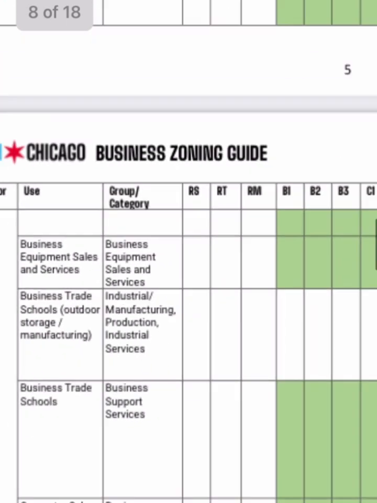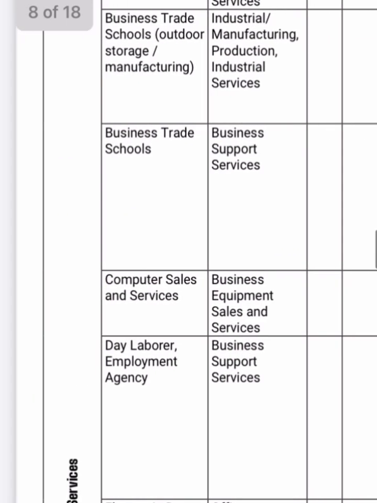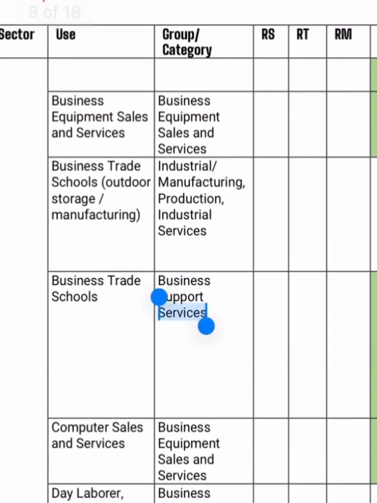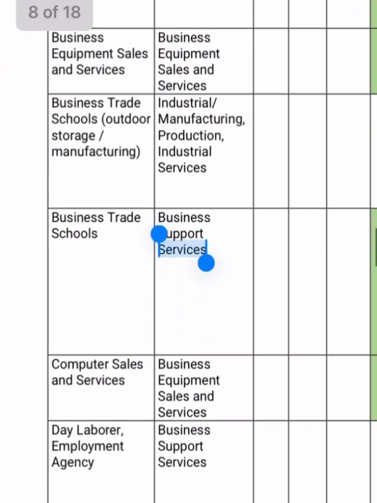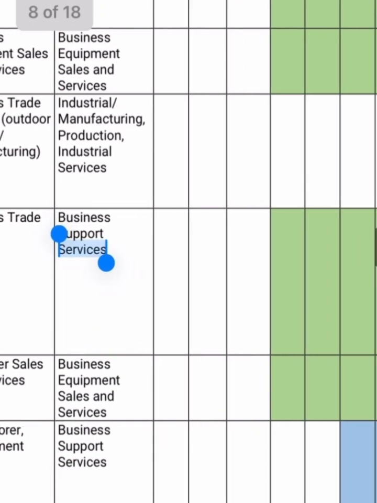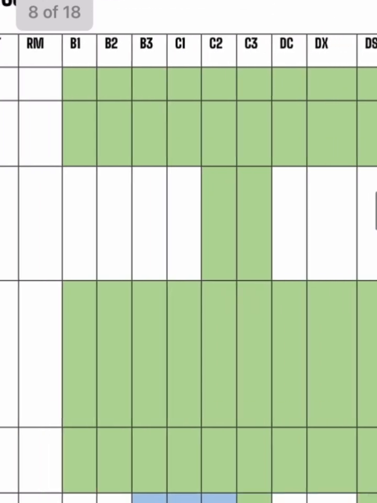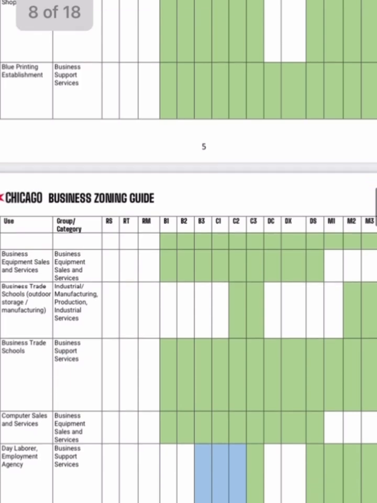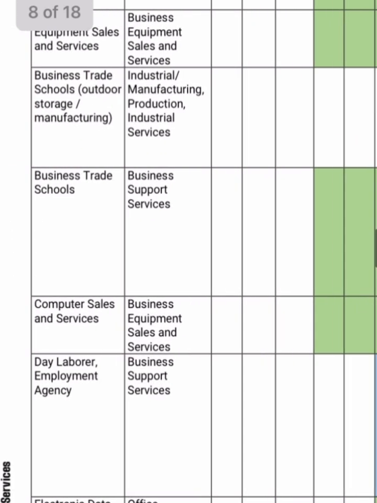We'll jump down here to business services. So we have business trade schools, and these ones can be outdoor manufacturing, so welding, maybe woodworking. We have regular business trade schools, and none of these are allowed near residences either. And some of them aren't even allowed near business districts. So you do wonder why aren't they allowed? We want people to learn these trades. We want people to become plumbers and electricians, and they should be able to practice and have a business area where they can work on doing these and learn how to do them. So I definitely am against this zoning rule.